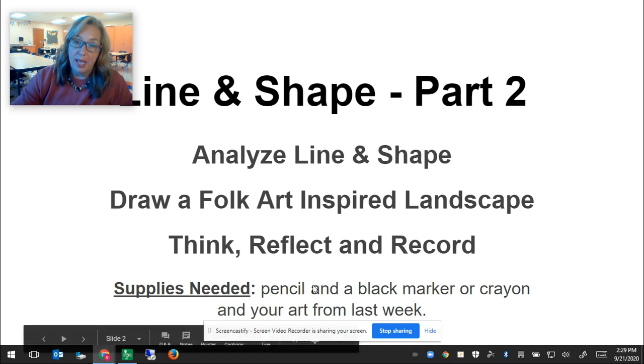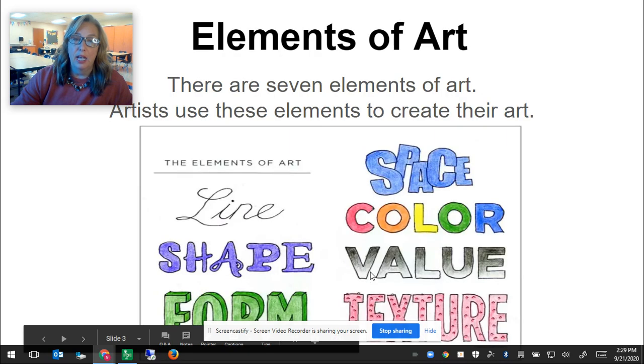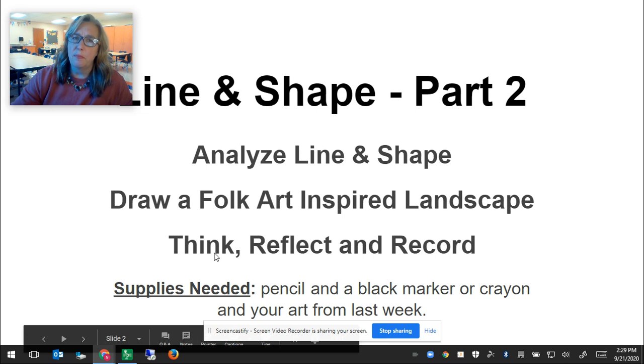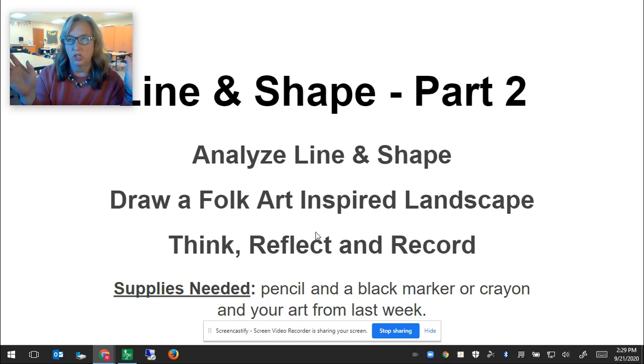You will need a pencil this week. You will need a piece of paper, not your art from last week, because your art from last week isn't in here. So you will need a big piece of construction paper, or a piece of white paper, or if you don't have that, you can cut up a paper bag and use a paper bag